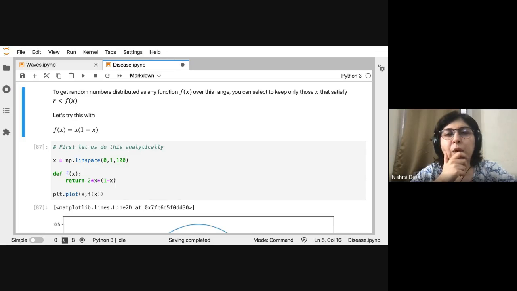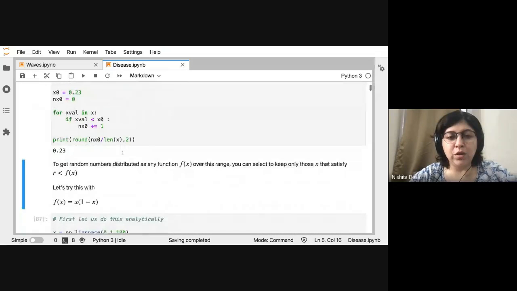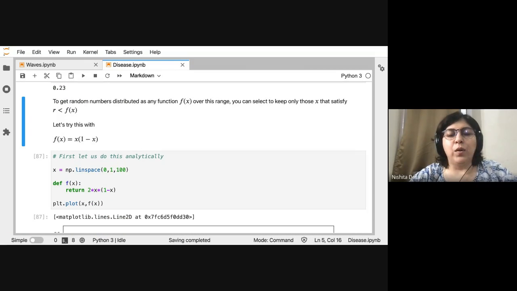For example, if you want to find numbers that follow the Gaussian distribution, that means a lot of times you're going to get the numbers very close to the mean, and a few times you're going to get the numbers that are in the tails, right? So if you have a collection of numbers that looks like this, then you can say that this set of numbers follows a Gaussian distribution. So we are going to use this property that I just talked about of the uniform distribution to essentially get numbers from any distribution that you want.